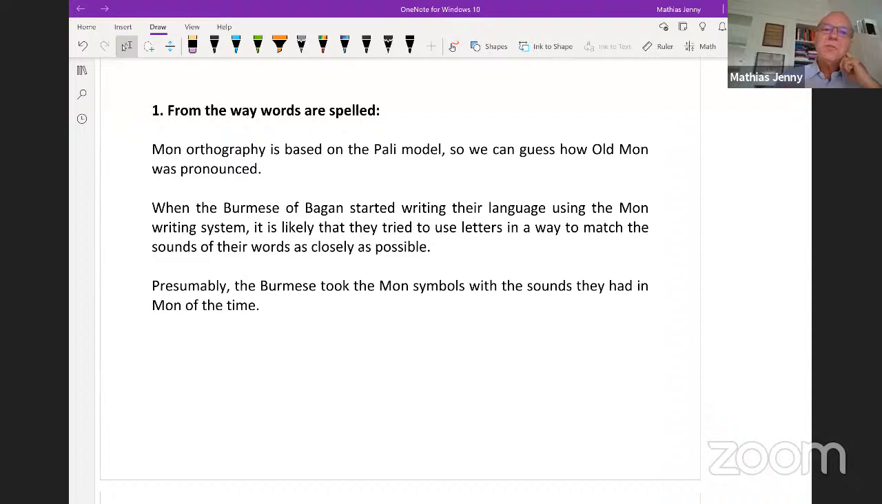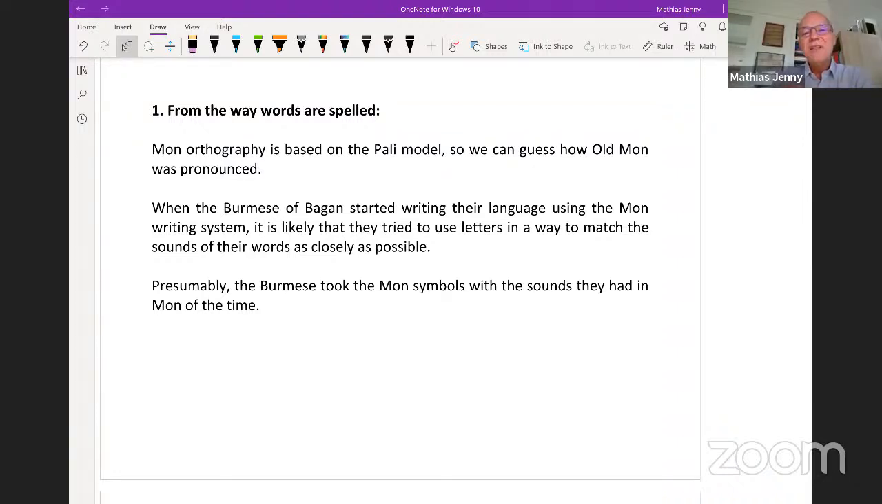Well, we can look at the way that the words are spelled in Old Burmese. We know that Old Burmese took the writing system from Mon. Mon was the first language written in Bagan. And we know that Mon is based on the Pali model. So we have Old Mon, we have Pali, we have Modern Mon. If you compare this, we can figure out how Old Mon was pronounced. Now, if we know how Old Mon was pronounced, what sounds Old Mon letters represented, what sounds were written with the letters in Old Mon,